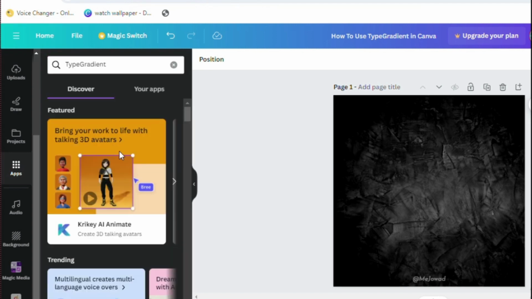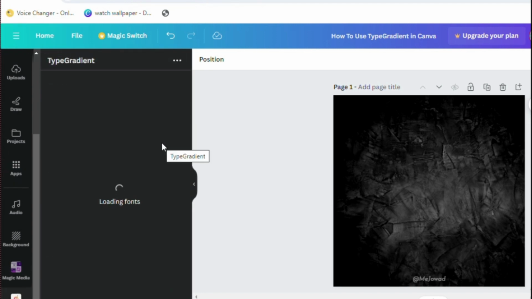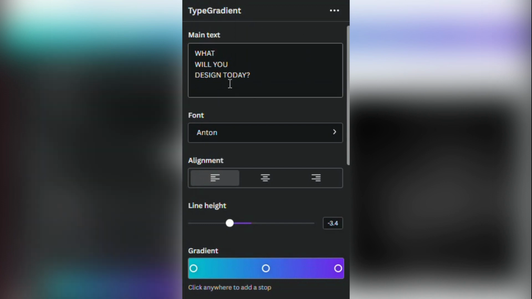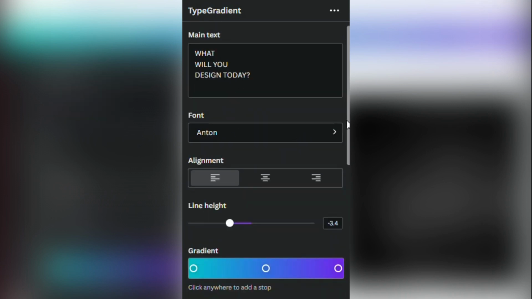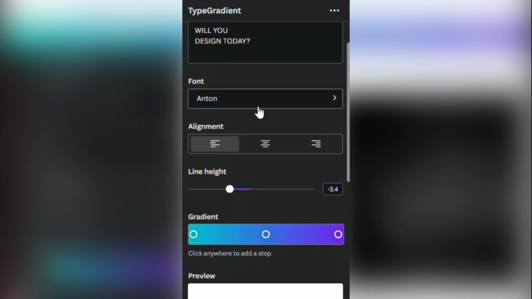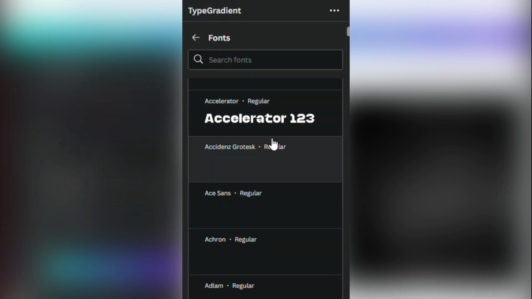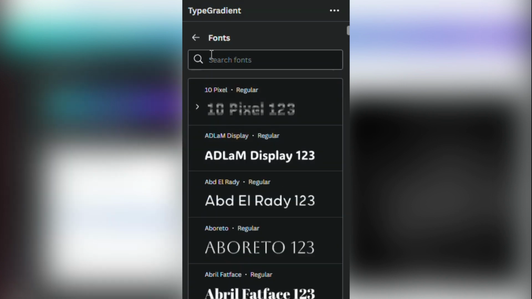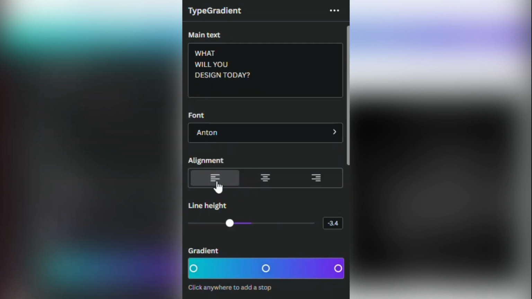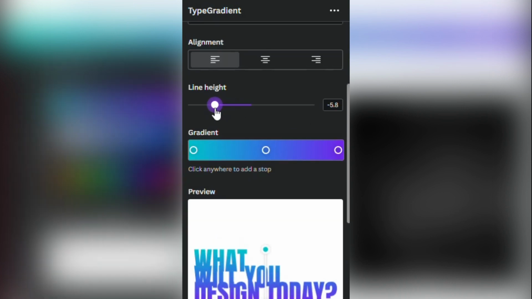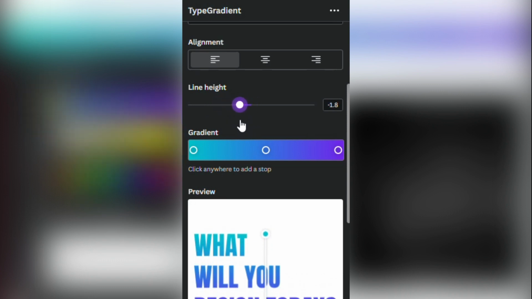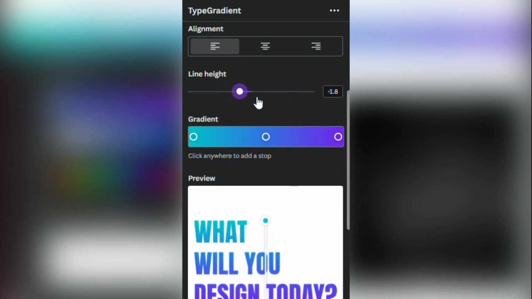The second one. Now from the app, search for typeGradient, and in this section you can add your text, the text you want to write. Then here you can change your font as per your choice. This is line alignment, and this is the line space. You can see the change here,